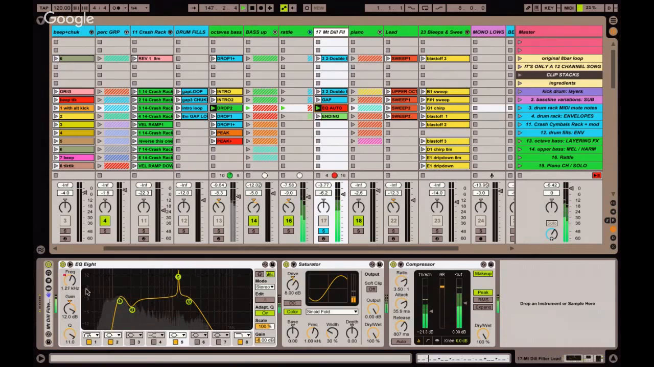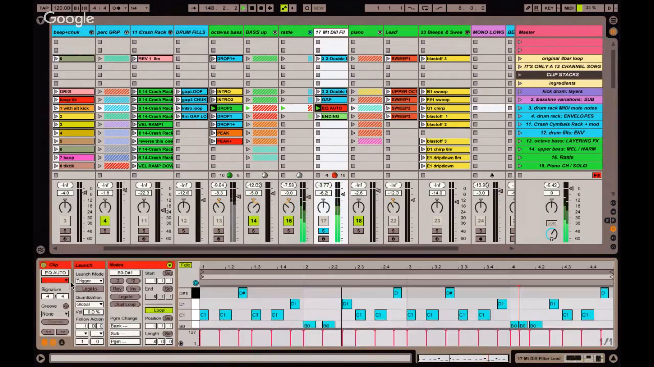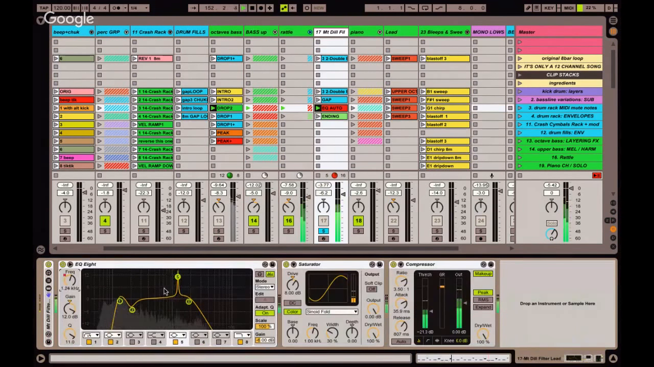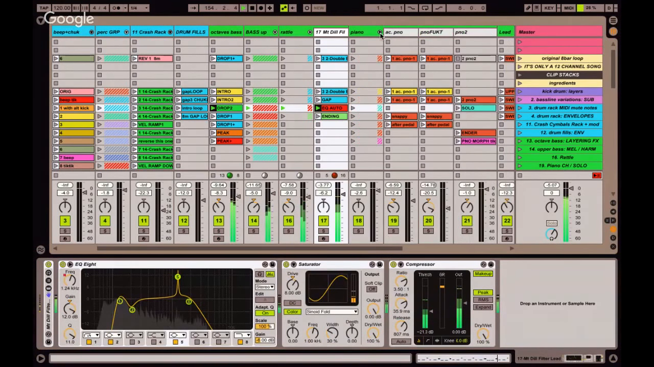What I did here was I just automated the EQ8. Open the envelopes view. Those are pretty small automation changes, but it makes a nice little difference in what we hear in the sound. So a little goes a long way. And the main character,